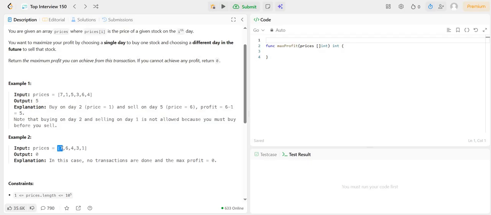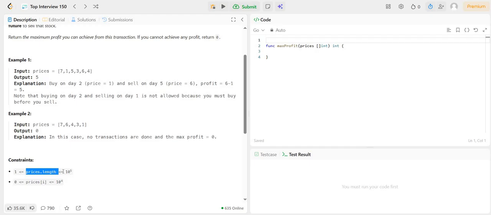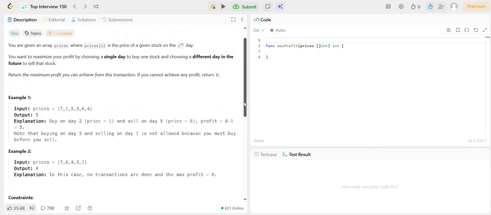Okay, next example. If you are planning to buy at 7 rupees, then to get a profit you have to sell for more than that. We don't have any element which is more than 7 here. Similarly, if you are buying at 6, then you don't have anything, so that's why they are returning 0. Constraints also you can see: the prices length will be at least one element and at most 10 to the power 5, and price values can be from 0 to 10 to the power 4. So if you have understood the